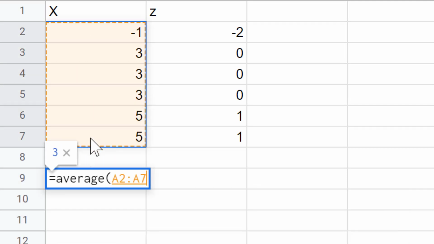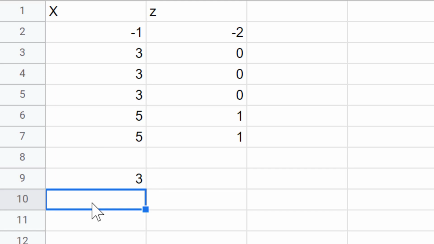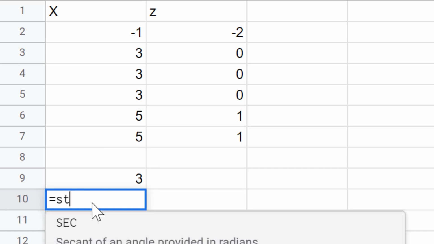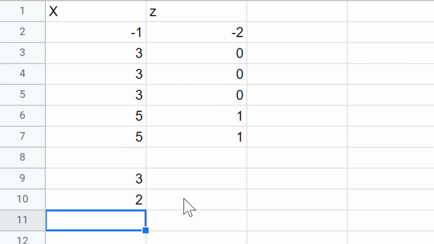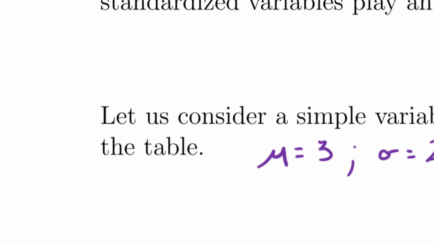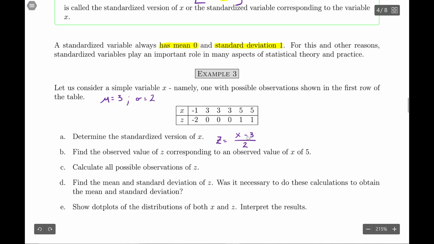You can see that that is 3, and if I want the standard deviation, STDEV.P, highlight my values, and we get 2. So there's where those numbers came from. I thought I included them in the notes and I didn't, so I apologize for that. So you just substitute those in, and this equation that we have written here for part A, that is the